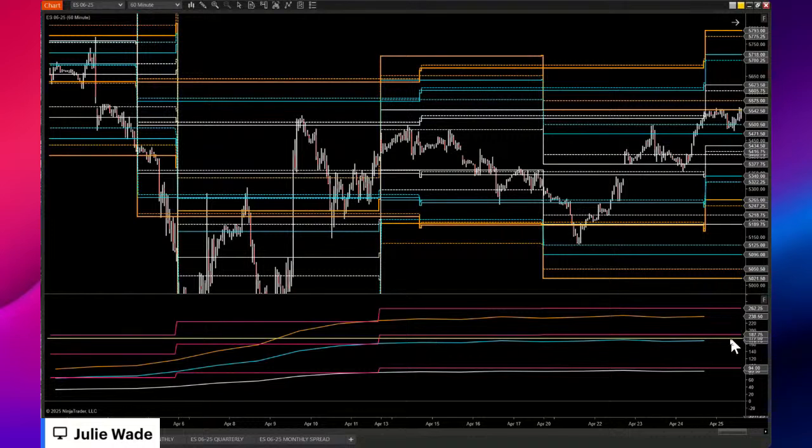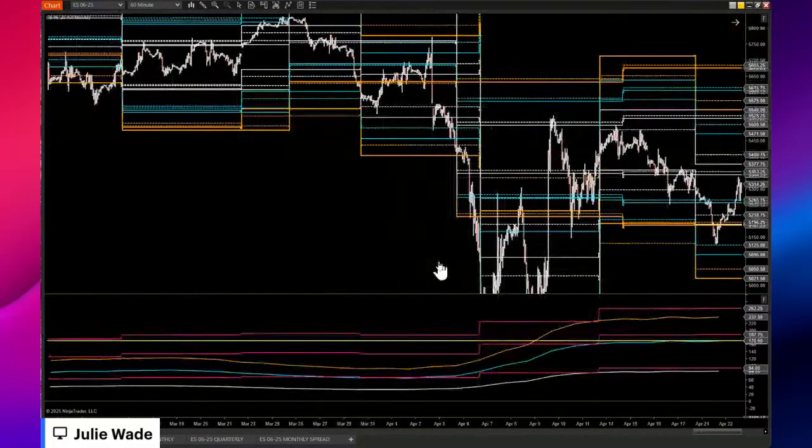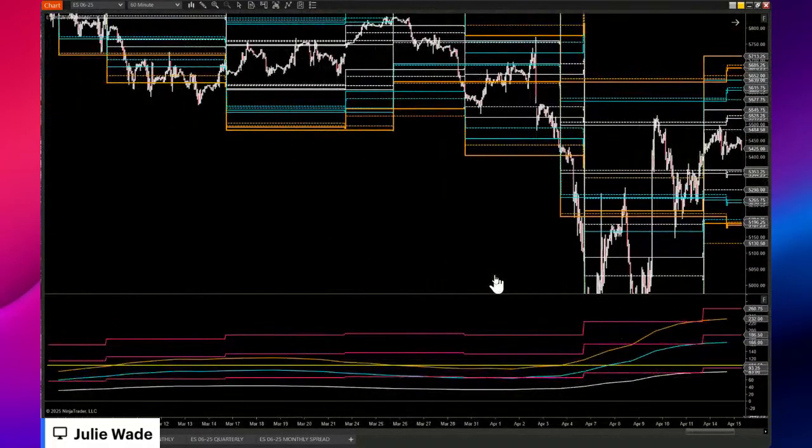And now we can tell where the daily R-vol is in relation to not only the daily 2, but the weekly 2 right here. So a little bit elevated. And over here, you can see that